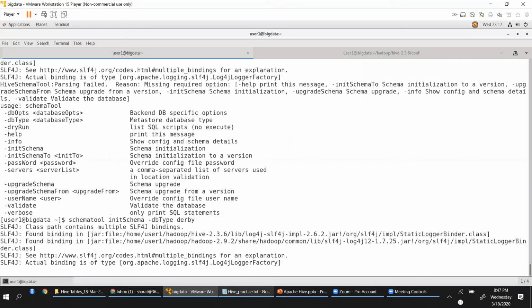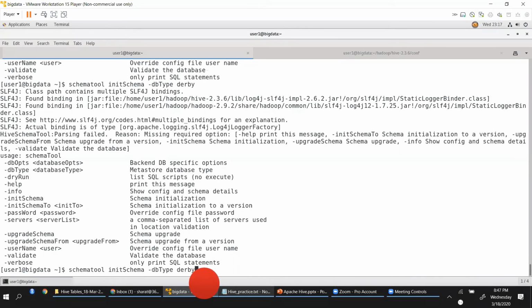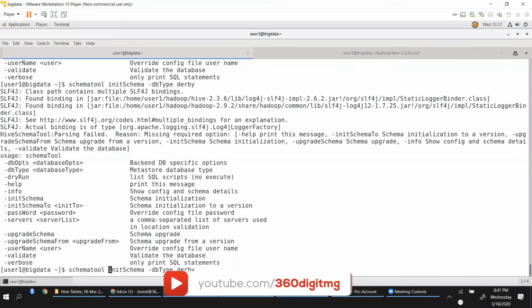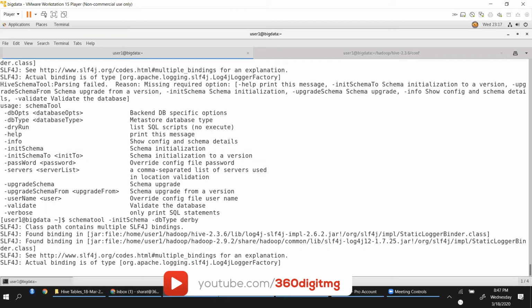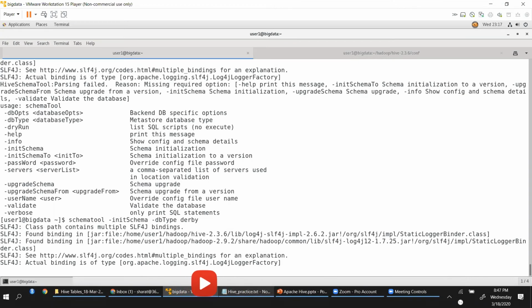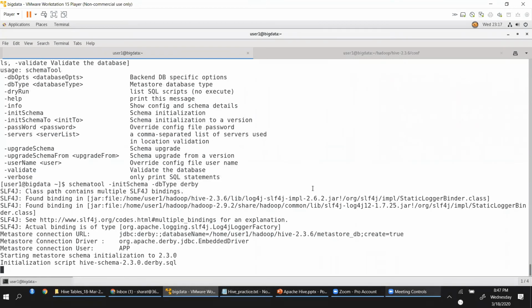Oh, okay, I think the command is wrong. I need to put a hyphen there. Yeah. Now to initialize the schema, the DB type is Derby database. That's the default name. Derby is a single instance RDBMS based server.